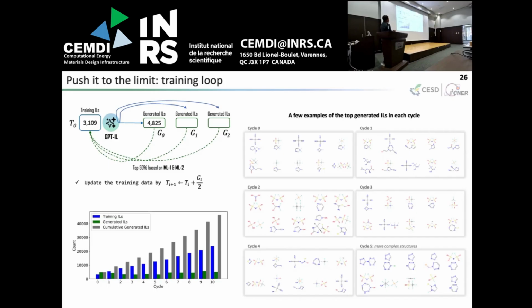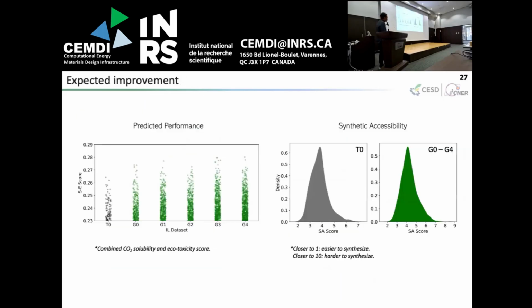And this is the example of the generated structure in the cycles. It looks good, but if we look more closely, we can see that in each cycle, gradually the structure becomes more and more complex. So for our practical application, we decided to use only up to cycle 4. And we can see that the predicted performance of the generated structure was gradually improved over the training cycles, and the synthetic accessibility of the generated structures was pretty similar to the training data, meaning that if we can